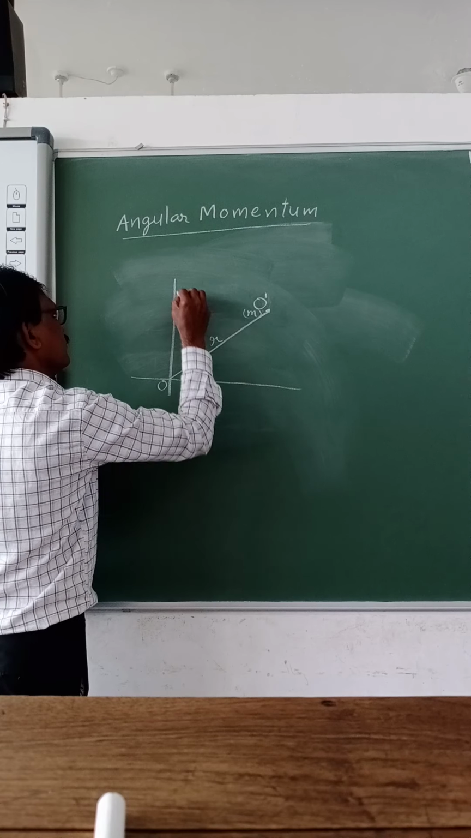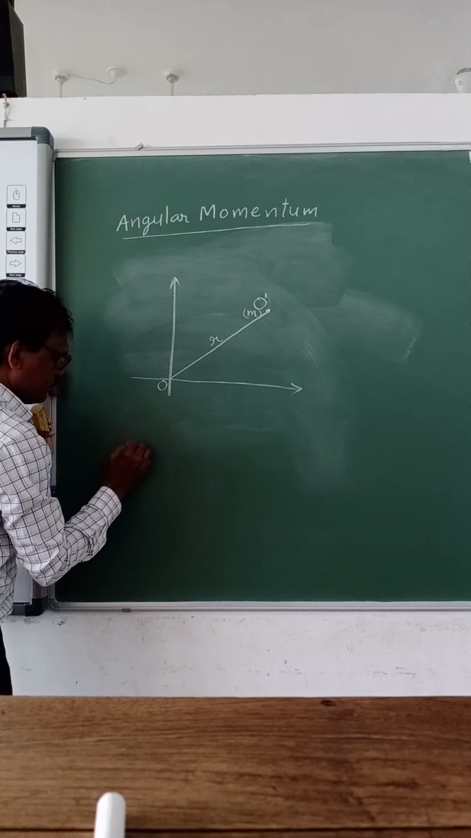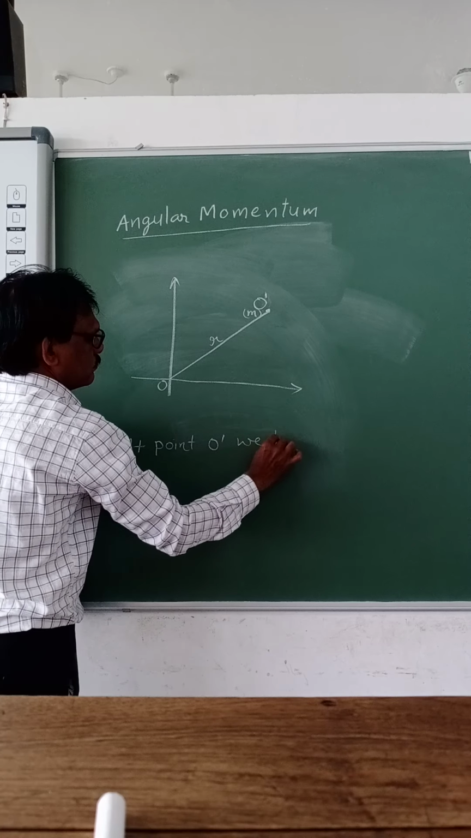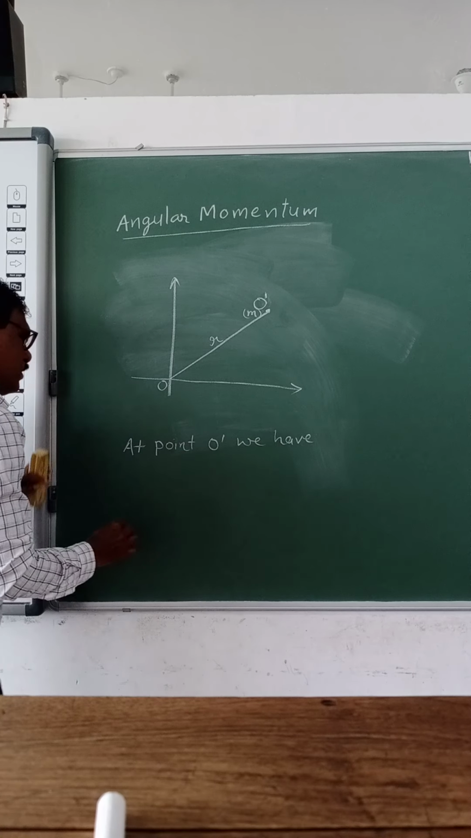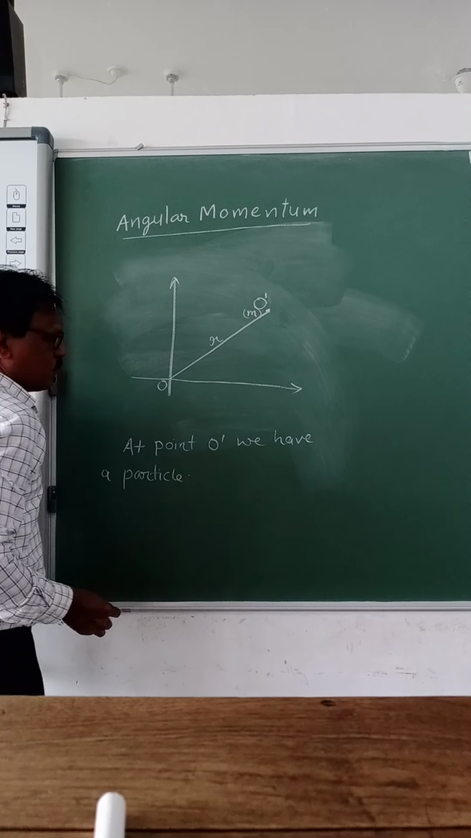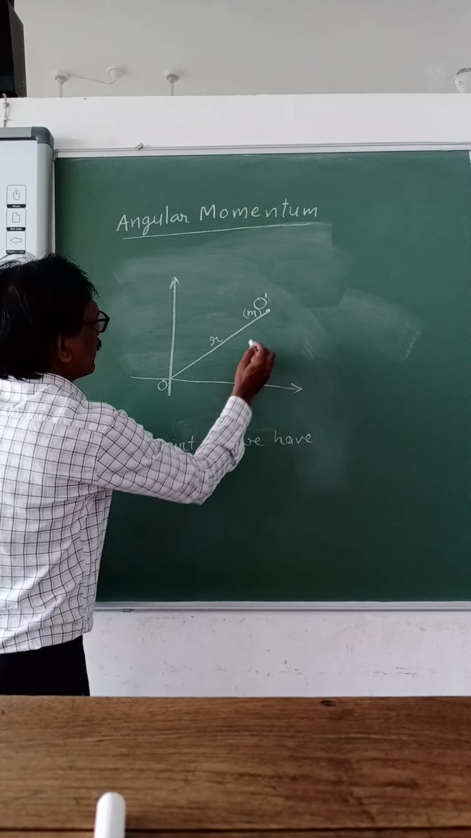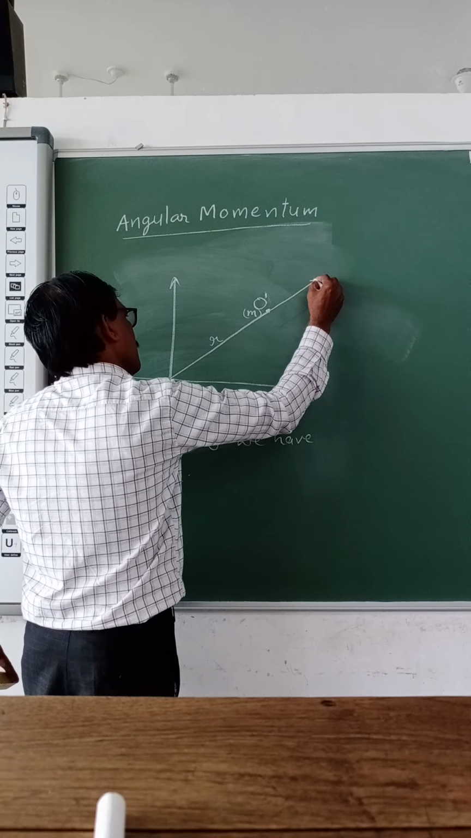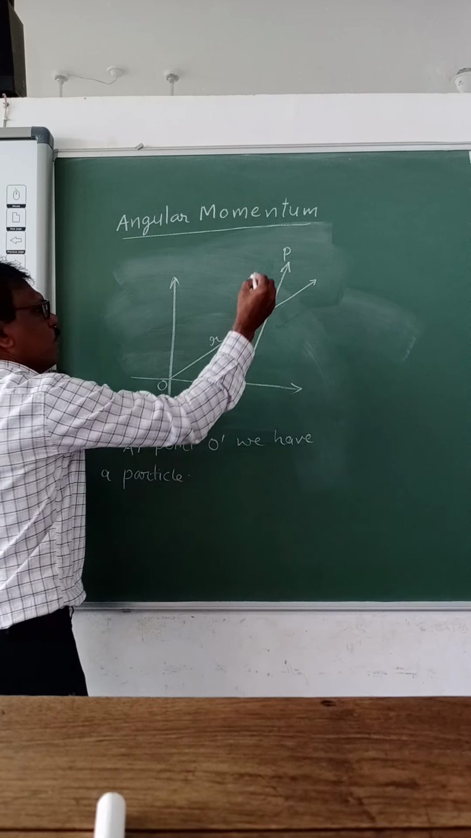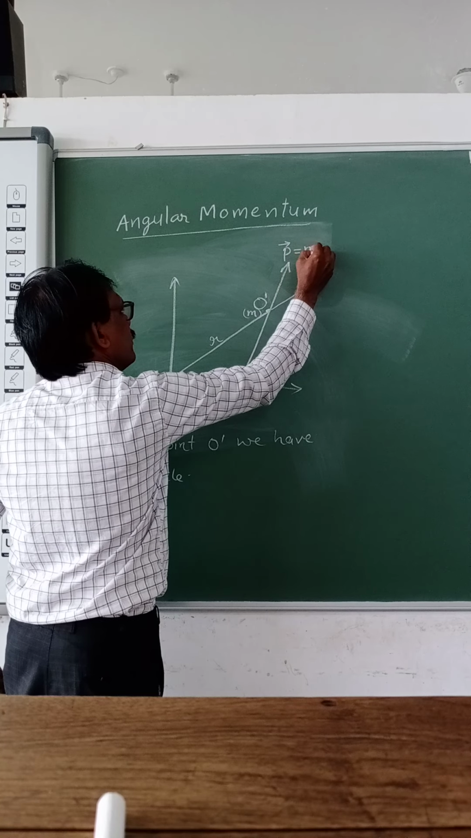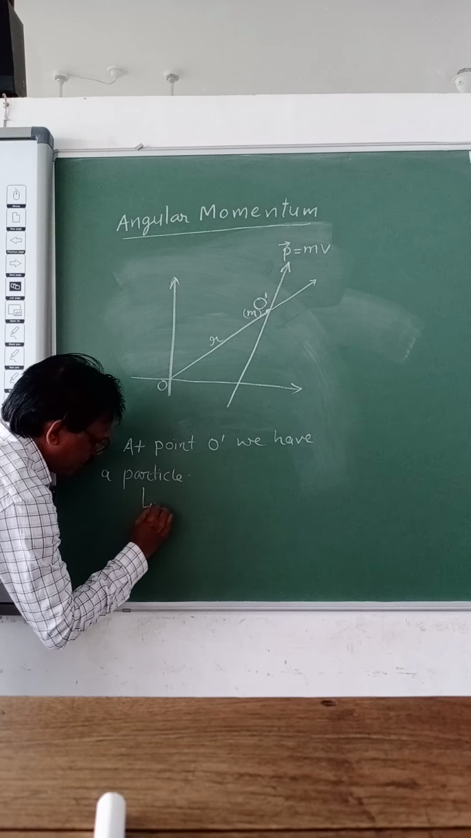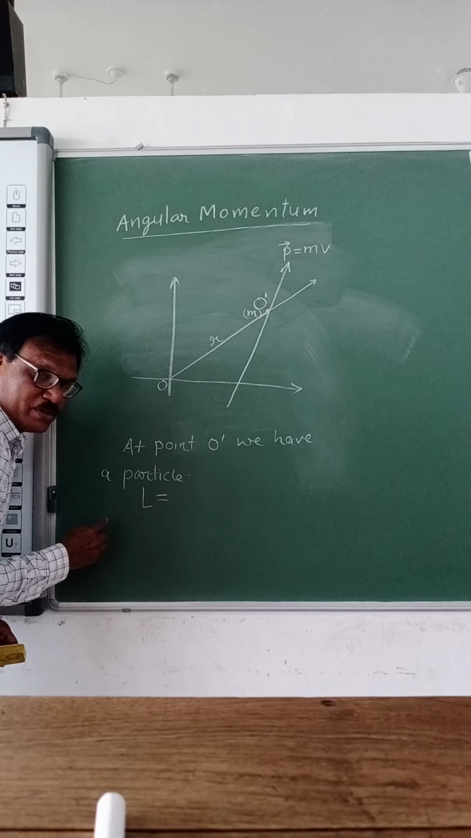Its coordinate is r. At point O dash we have one rigid body, or a particle. Now its coordinate is r. Suppose we apply one momentum vector here, this vector you can extend here. This is a momentum vector P, and that will be equal to m into v. When we apply the momentum vector here, the angular momentum, which is represented with L, will be given by,